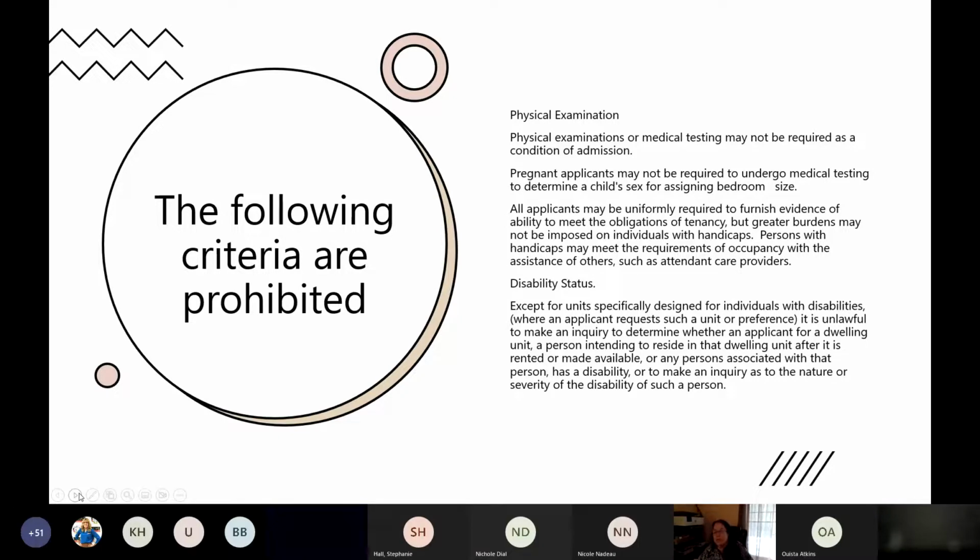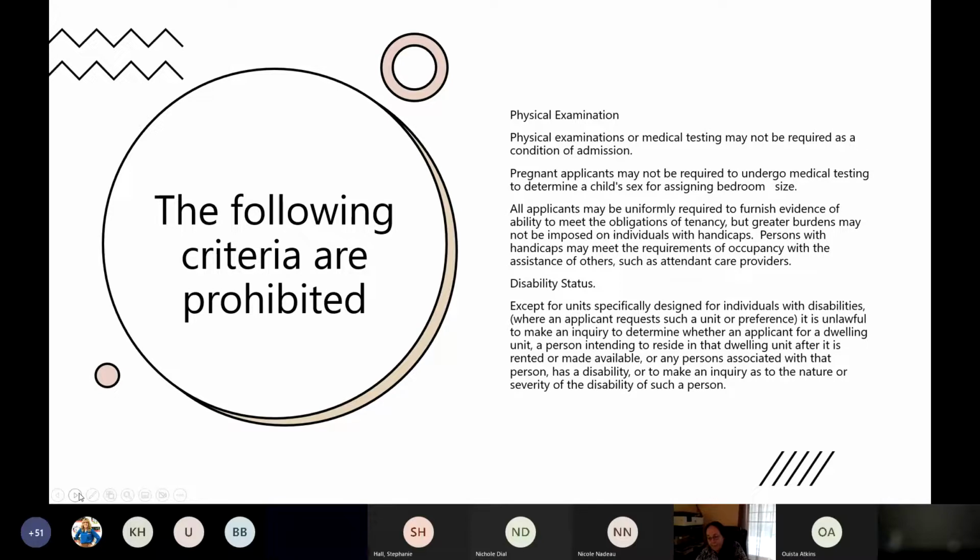uniformly required to furnish evidence of ability to make obligations of tenancy, but a greater burden may not be imposed on individuals with handicaps. Persons with handicaps may meet the requirement of occupancy with the assistance of others, such as an attendant care provider. Disability status, except for units specifically designed for individuals with disabilities, where an applicant requests a